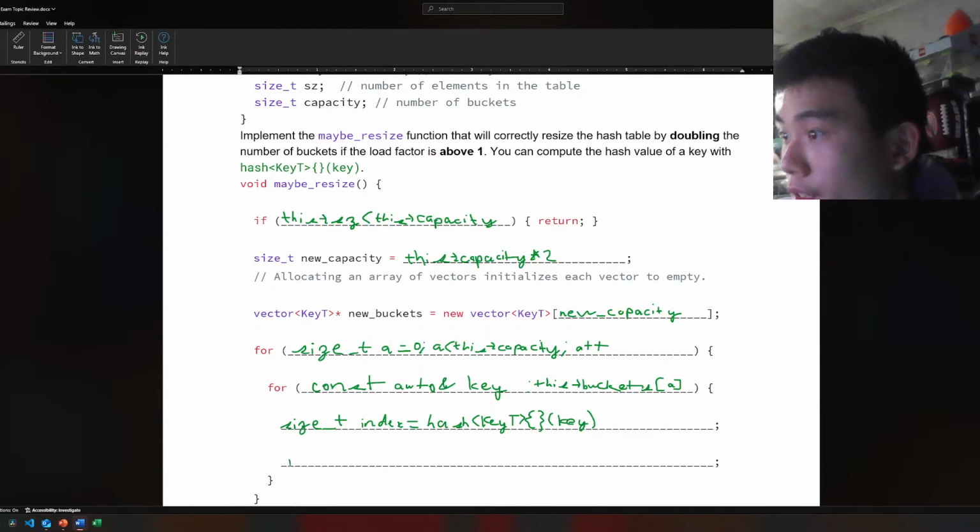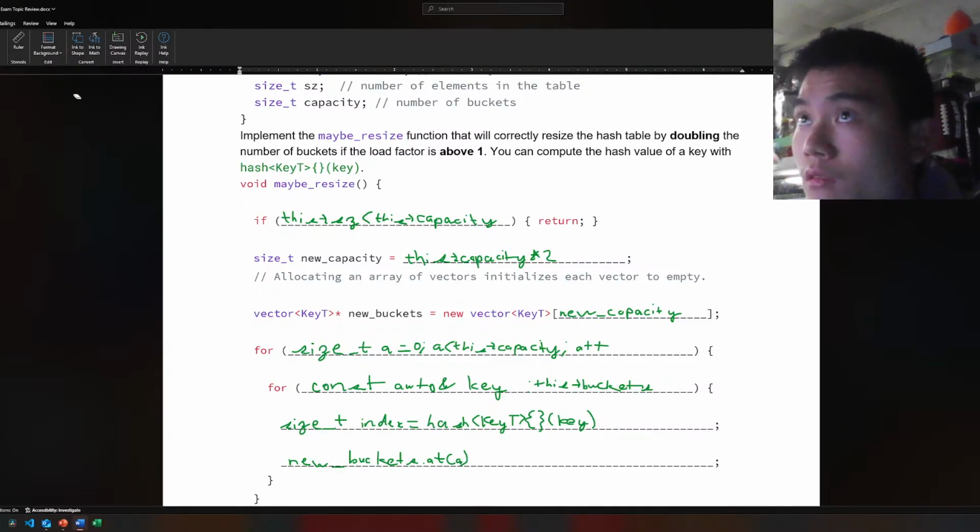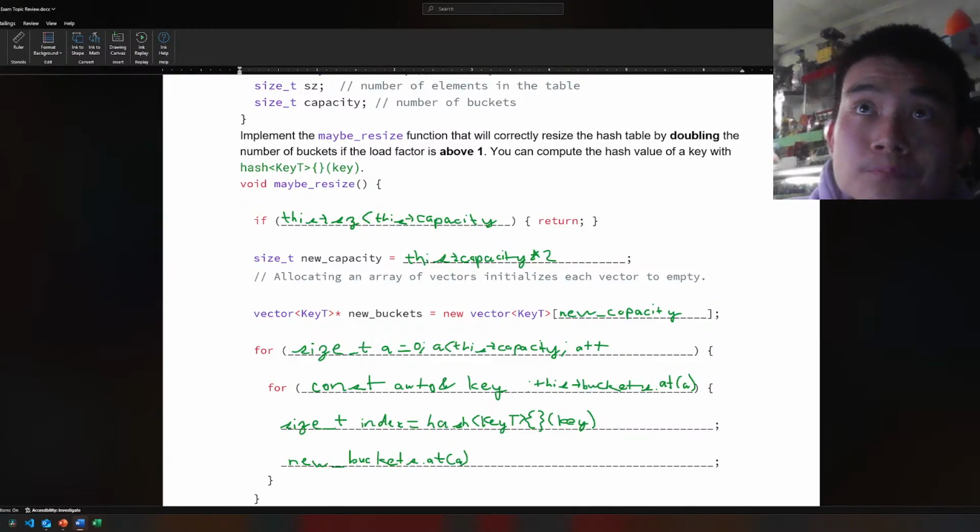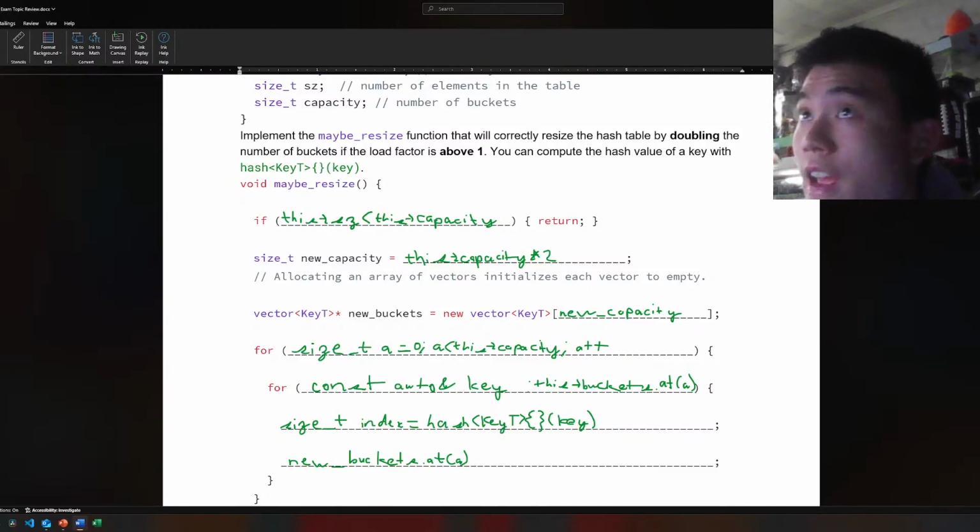And then new buckets, this is a vector, so we can use .at. New buckets, I should use .at for the other one as well, it's better to use .at in brackets. New buckets .at n, not n, .at equals